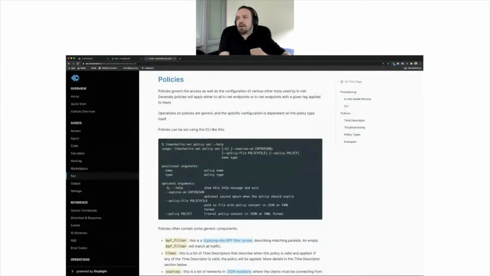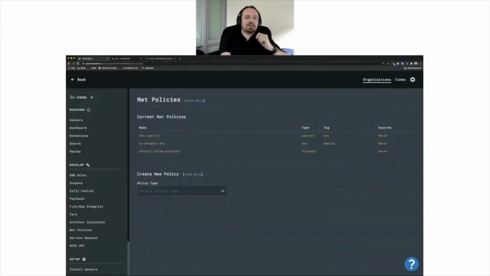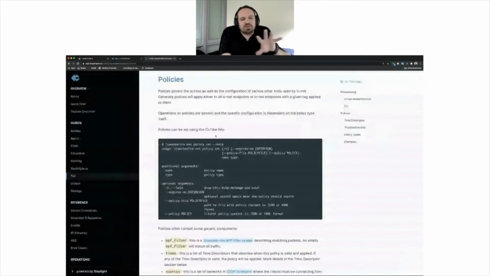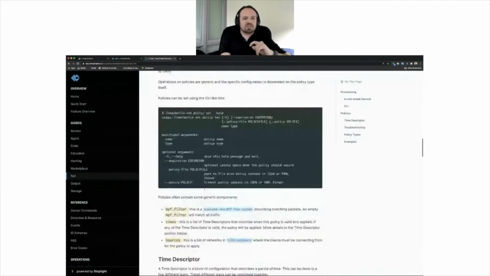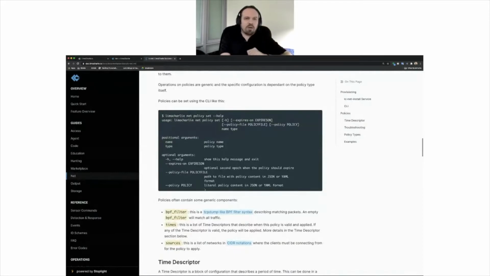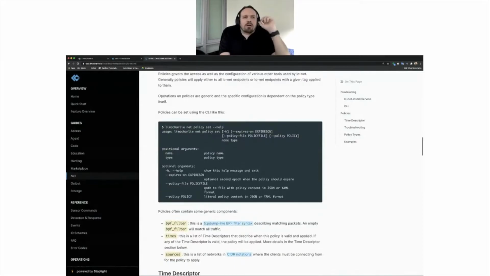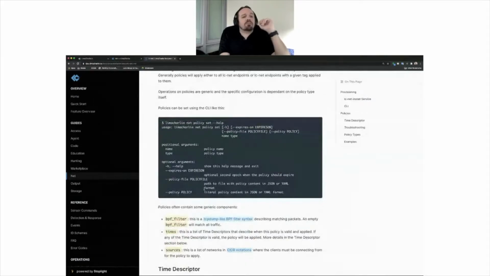You can, again, manage the policies through the CLI, the API, as well as the interface here. So if you go in Net Policies, you see that we have a nice GUI for it. I'll switch to the documentation, it's a bit clearer. So policies have some common parameters associated with them. At the end of the day, a policy is a simple YAML document, which means that,